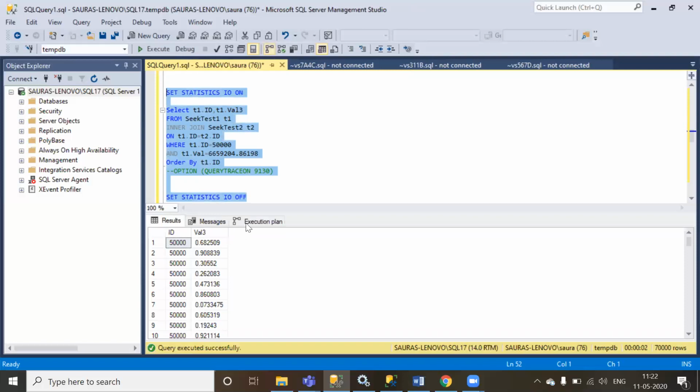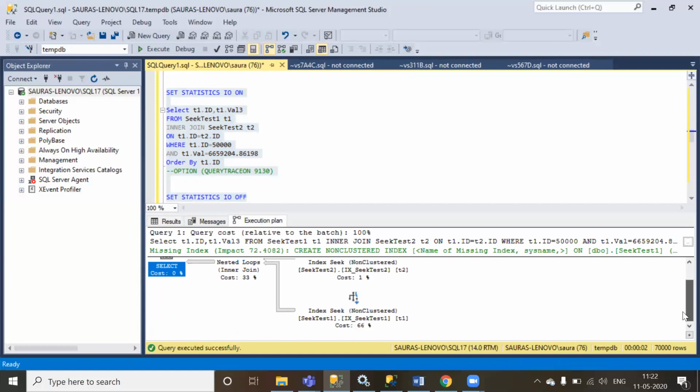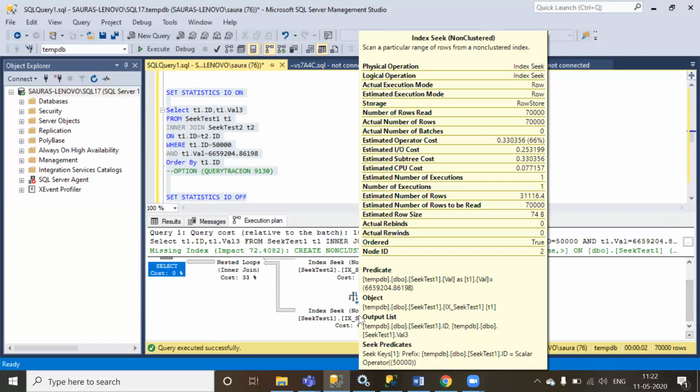Once it completes, I'll look at the execution plan, and if I take the cursor here, you can see the seek predicate at the very bottom of this list, and it says the seek predicate is the ID column. But if you go a little above the output list and object, you can see another predicate here, which is the val column.